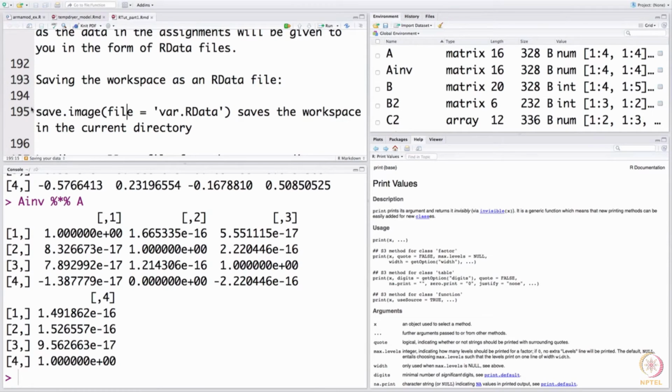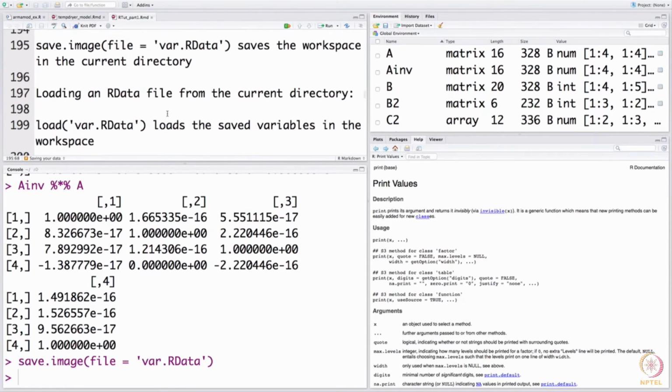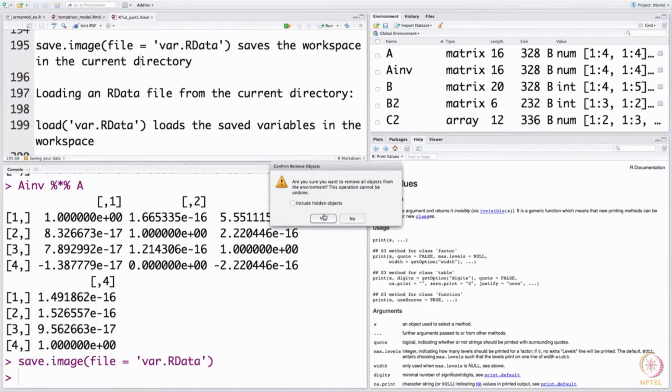So, when I do this here, save.image, when I run this operation, what it has done is it has stored all the variables in var.rdata, and now I can see whether I have succeeded or not by first clearing. This is a bit of a risky operation, but let us clear all the variables in the workspace by going to the panel there and clicking that broom like symbol there, and it asks once again whether you want to clear.